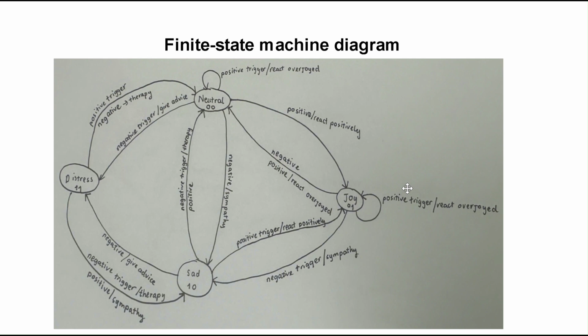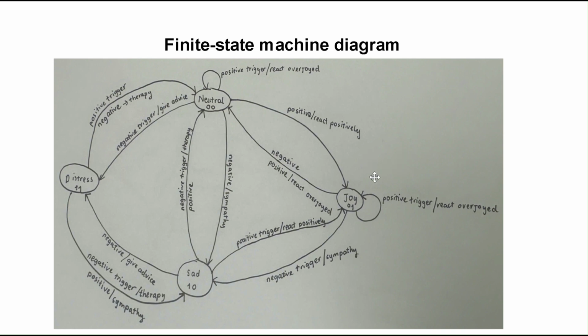Based on the condition I talked about above, when the human mood is equal to 2 or larger than 2, the machine will use that score to go back to the initial state and use the remaining score to move to the next state. Because it is 3, which is larger than 2, it will go back to the initial state, which is neutral. And because it still had 1 point remaining, it will move to the next state, which is joy again. So here is the reason why, when the input is positive trigger, the state transition is staying at joy.